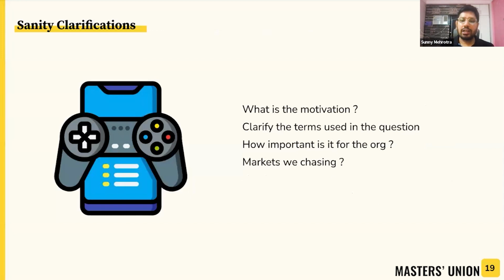Then we should probably understand what markets we are chasing, whether we are planning to start in India, or in China, which is one of the biggest geographies in terms of gaming, or whether we should start in America, which has historically been one of the biggest geographies. So we should understand how we're planning to chase it, which will decide how much financing we would need, and other things. I'm not going to move to the finance side of things. We'll stick to the product strategy questions as the scope of this particular case.